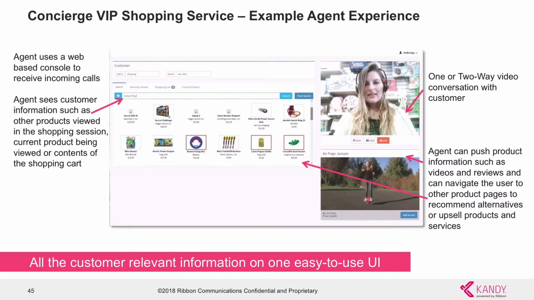And here you can see the agent experience, what the agent would see when they're helping the customer. They have all of the controls they may need to drive the customer interaction. They can check the inventory, they can search on behalf of the customer and push the results into the customer's view, add products to the shopping cart, and guide them through the checkout process. Everything needed to make sure the customer is satisfied and they get what they need to turn the website visit